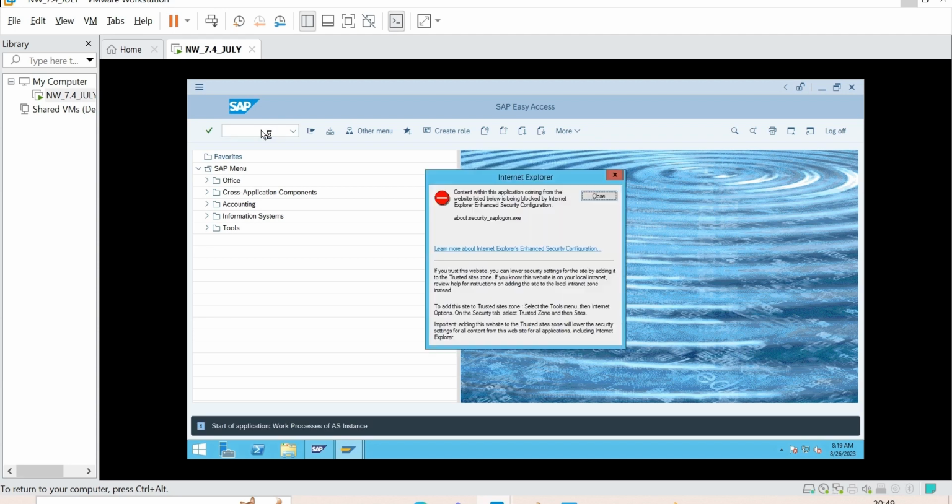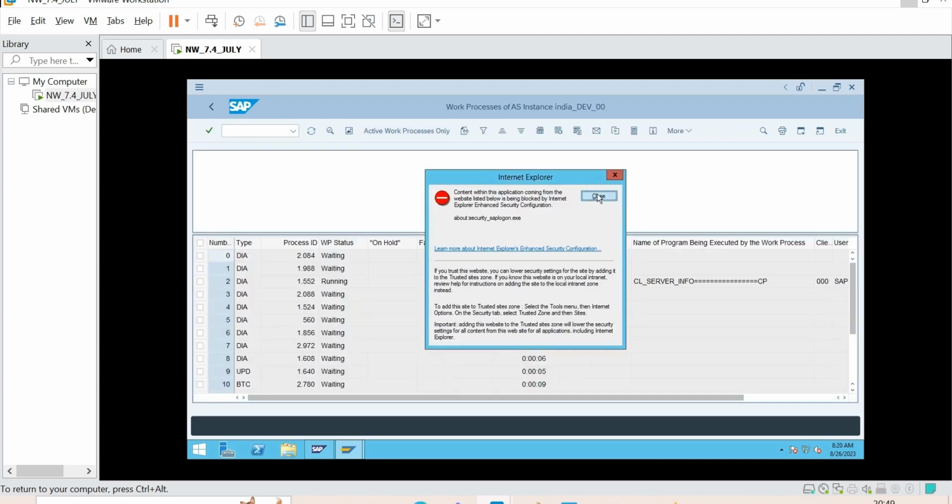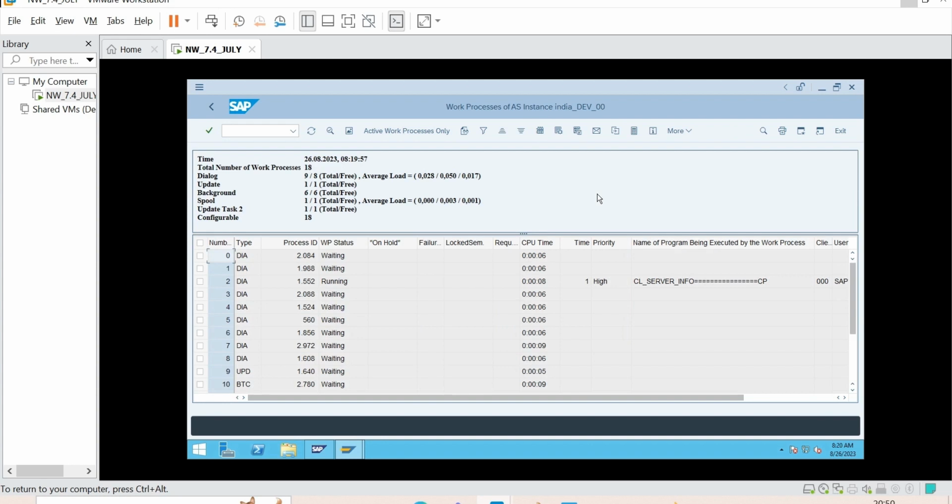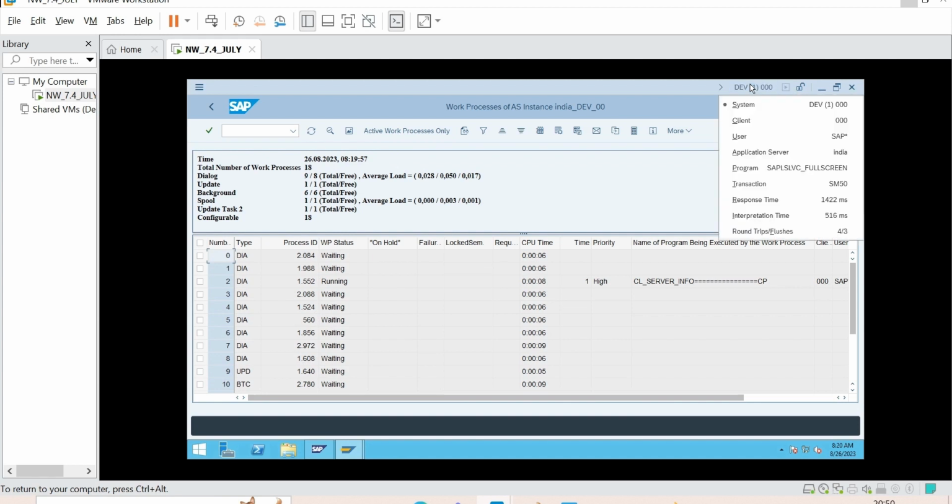See what happens when I hit SM50. That T code is associated with some program. That program will be called and it will fetch one screen from your database related to your work processes. See which report is running behind this T code. Did I run this program? No, I simply hit SM50. It is a shortcut for this program.